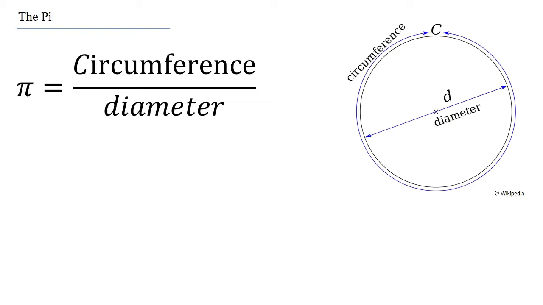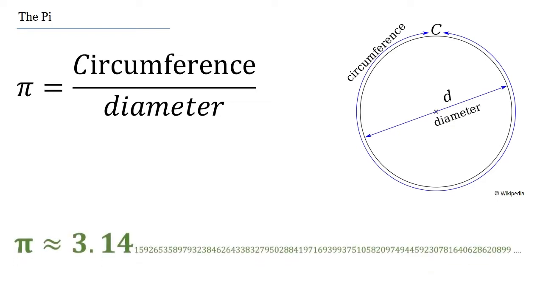So pi, as you know it, is a mathematical constant and is equal to the ratio of a given circle's circumference to its diameter. Now, pi is almost always rounded to 3.14, but it's basically a never-ending decimal, and there have been many attempts at calculating its digits, and that's exactly what we are going to also do